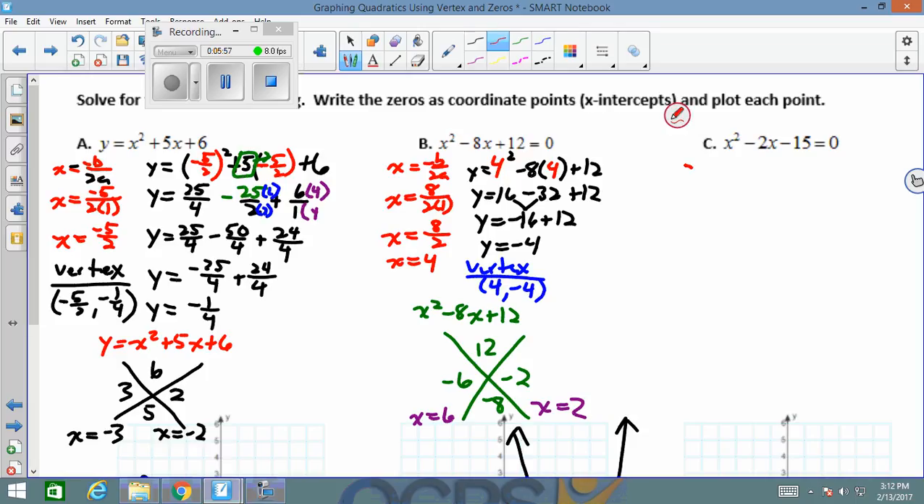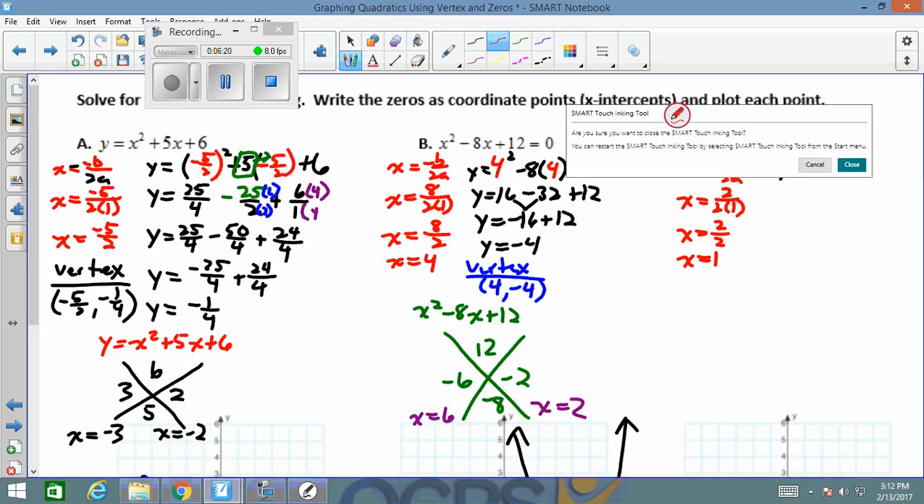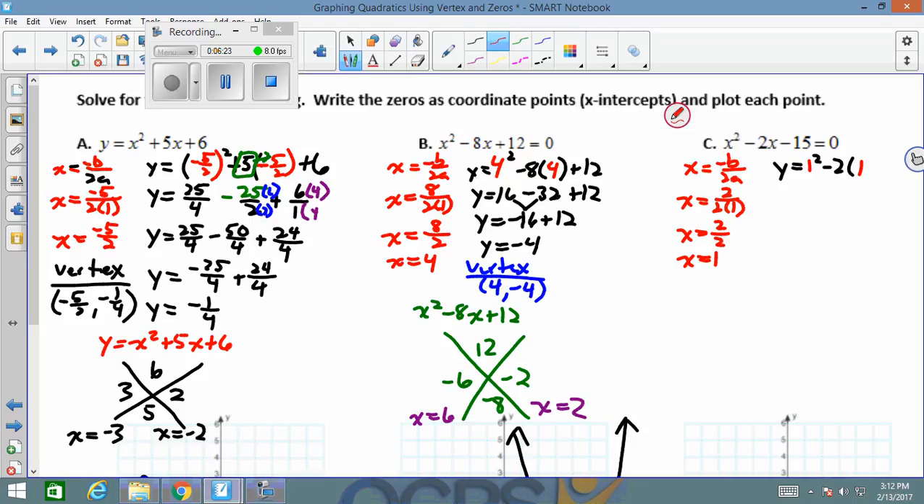Okay. Always start with x equals negative b over 2a. So in this case, it's going to be positive 2 over 2 times 1, which is 2 over 2, so x is 1. We're going to put that in, so y equals 1 squared minus 2 times 1